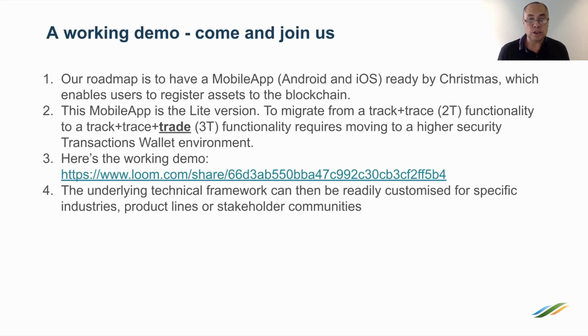What that allows us to do, and this I think is going to be the really exciting piece, is that we can build customizations on top of that general purpose infrastructure that will suit specific organizations, specific sectors, and specific transactional environments, where we can use dynamic forms to enable the progressive digitalisation of supply chains, whilst making use of the blockchain at the back end to deliver data security.